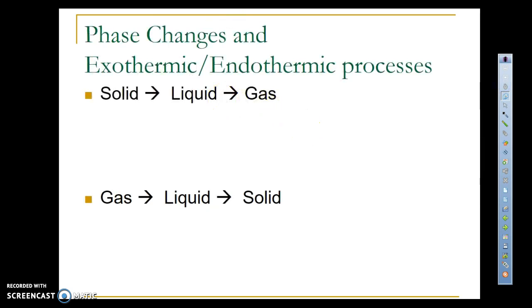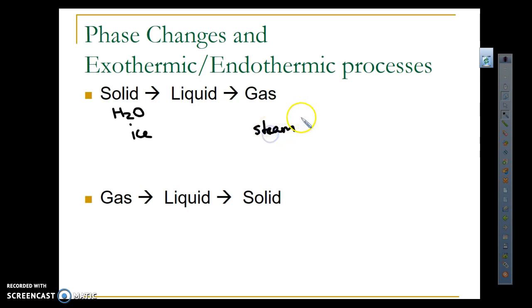Okay, so this is another example of exothermic or endothermic where it can get a little tricky. If I'm going from a solid to a liquid to a gas, so let's say from ice to liquid to steam, heat has to go into those molecules. Heat has to go in, and because of that, it's endothermic. This can get tricky because people look at that and go, oh, steam, it's hot. Yeah, it's hot, but the reason it's hot is because we had to put heat into the system. It's not like the system's giving up energy. So just be careful about that.